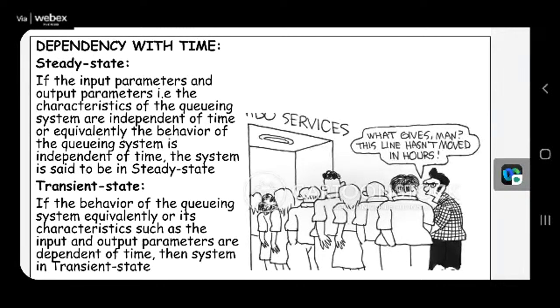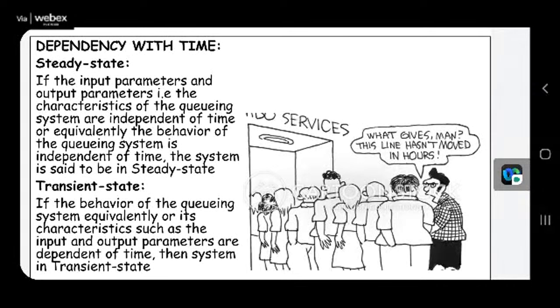But what is dependent on time is the input rate and service rate, or I can say the average arrival rate and the average service rate. I will give an example. If you go to a temple at a usual time like Mondays, Tuesdays, Wednesdays, or you go to a temple on Sunday, there is a lot of difference. On Sunday, it is a government holiday, so you will have more rush. That is what we call a queue. So that means the arrival rate as well as the service rate change.